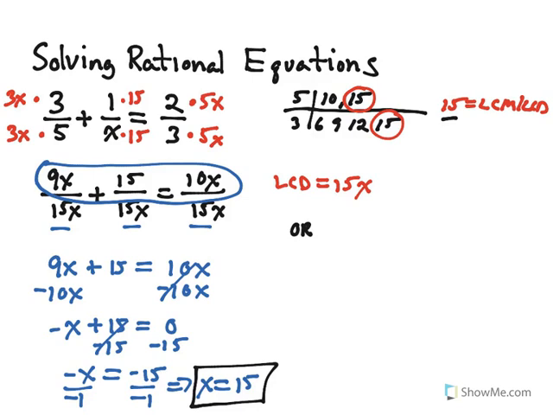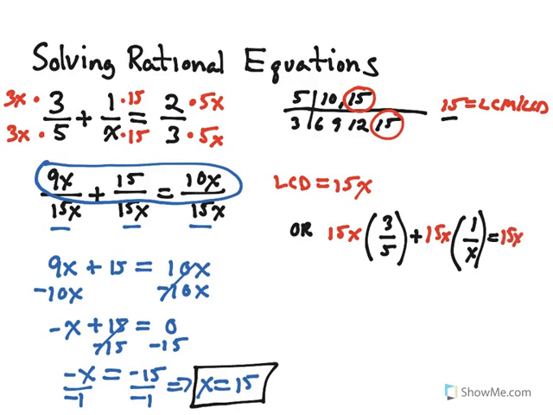Well, I could have taken the 15x and multiplied it by the original terms in the equation. So 3/5, plus, again taking my LCD, 15x, and multiplying it by 1 over x, equals, and again taking my 15x and multiplying it by